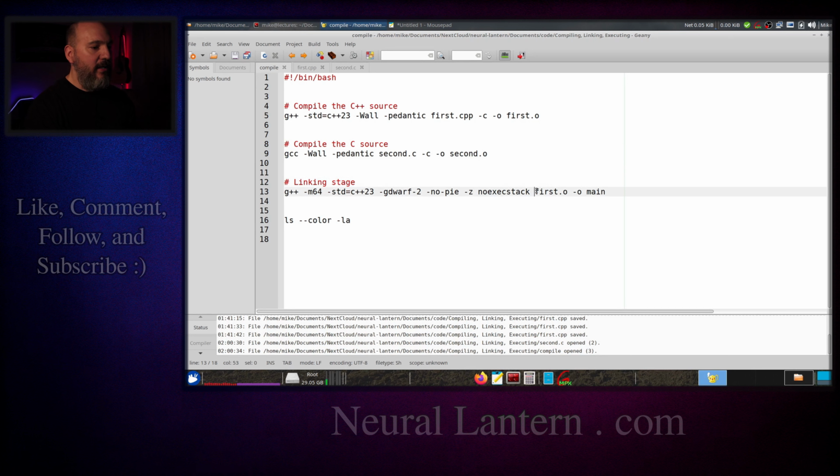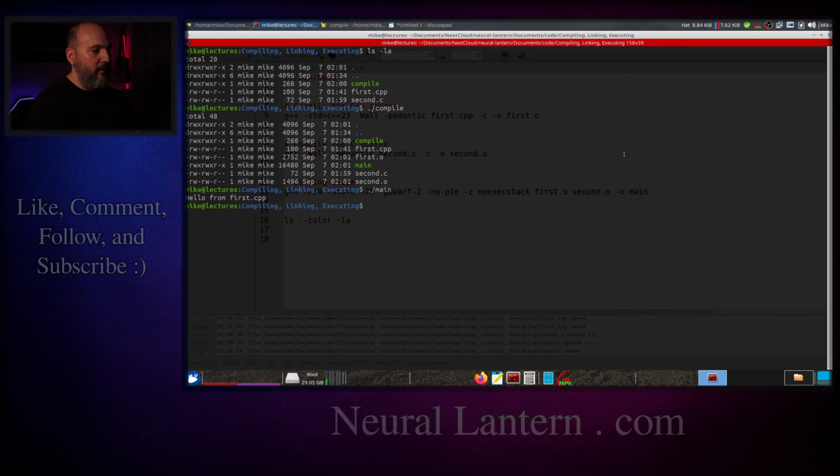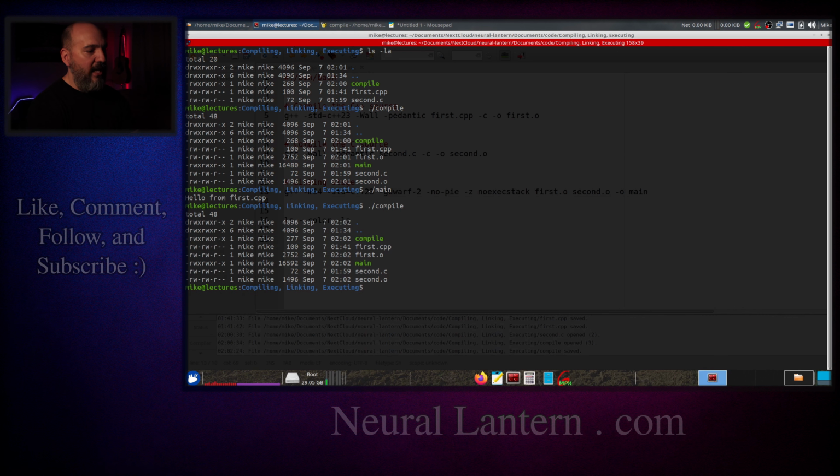Notice how in the linking stage right here, we only link first.o. So we should also include the other object file that we want. I'm going to glob that in a second, but let me show you. Compile. Now if we run main,